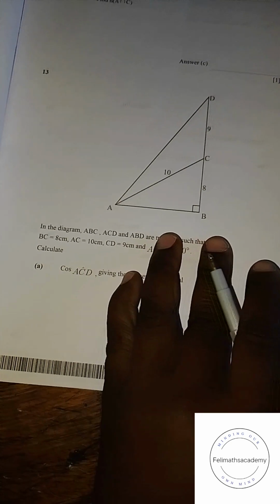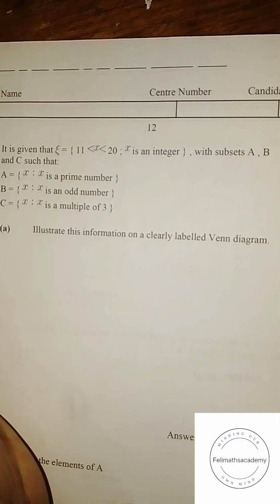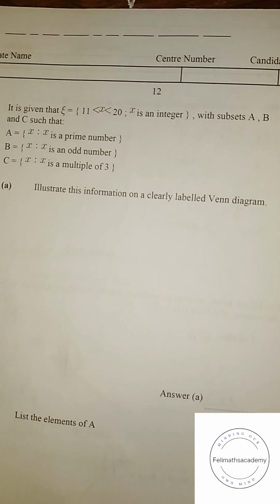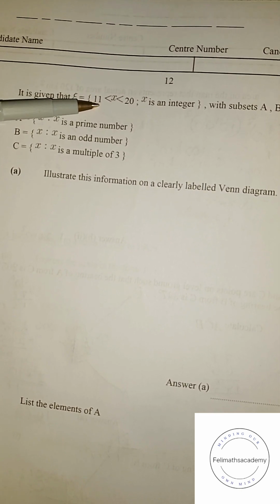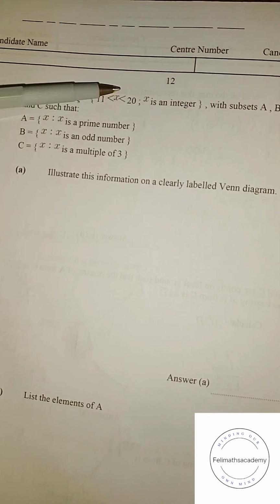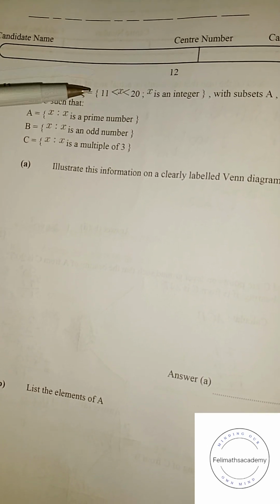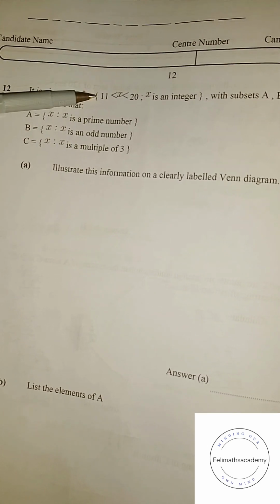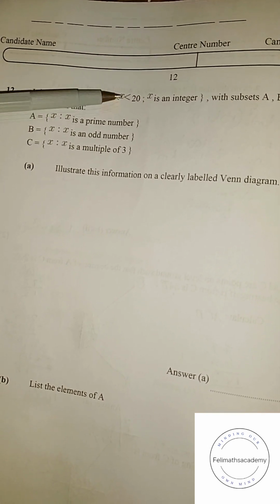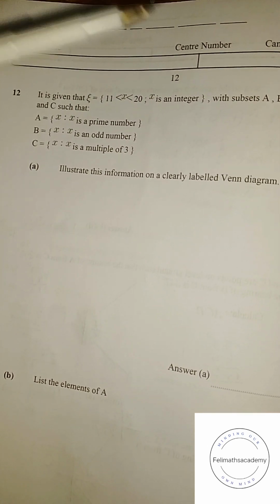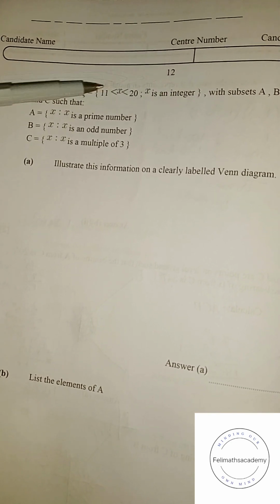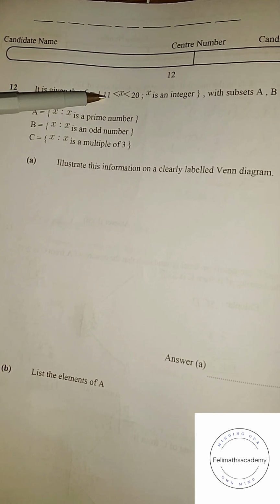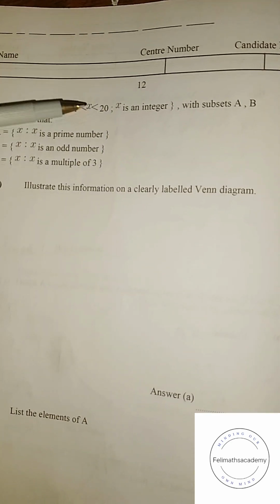Then we move on to number 12. So for our number 12, we've set builder notation there. It is given that the universal set is equal to the set of x such that 11 is less than x less than 20, and x is an integer. So we are saying x is a set of integers, but x is between 11 and 20, not including 11 and 20,